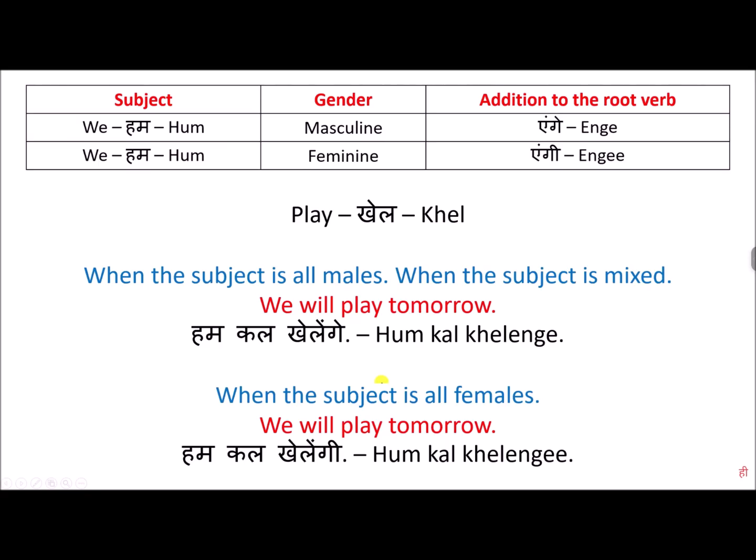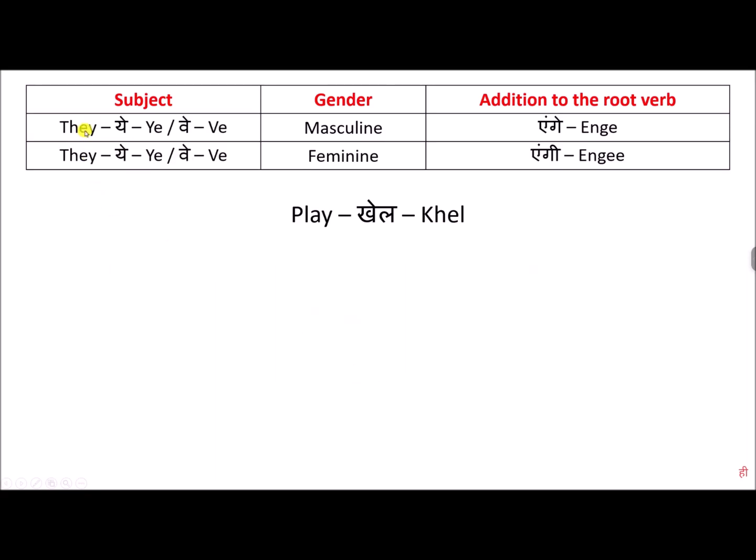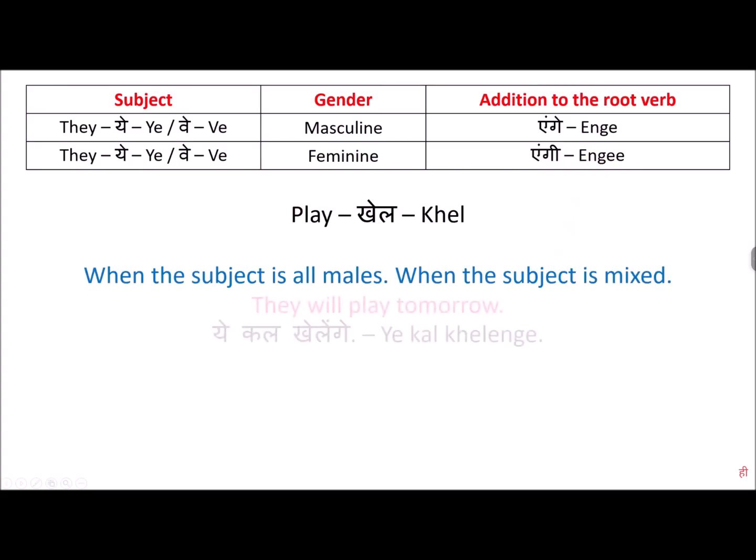Alright. Next, they. When we refer to all males or a group of males and females together, then we add एंगे to the root verb. If by they we mean all females, then we add एंगी to the root verb. For example,